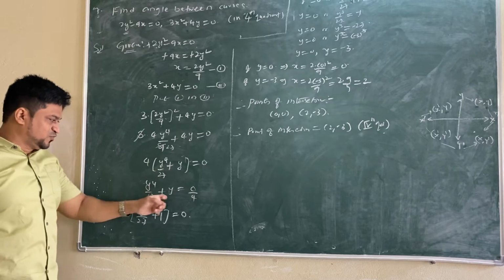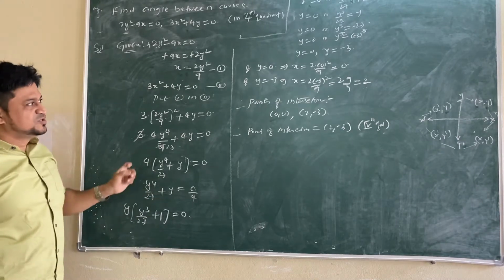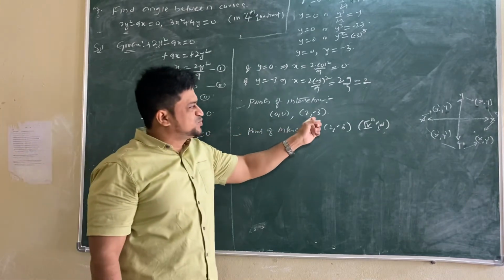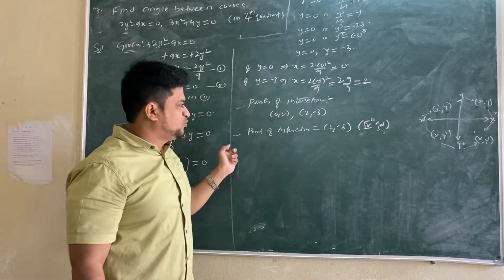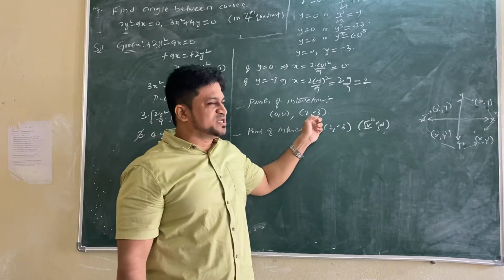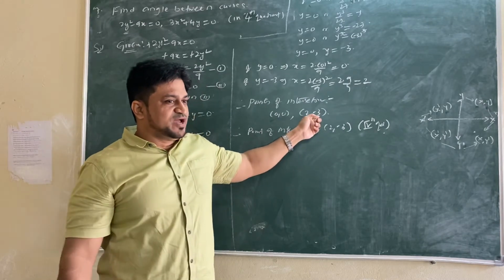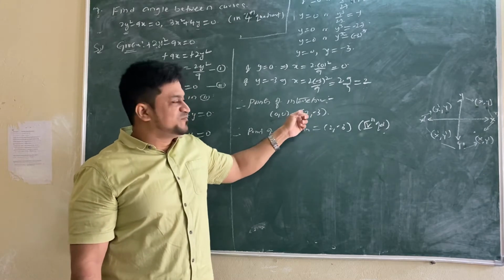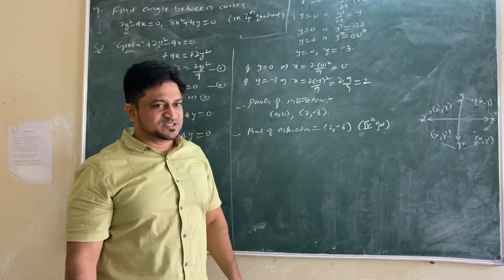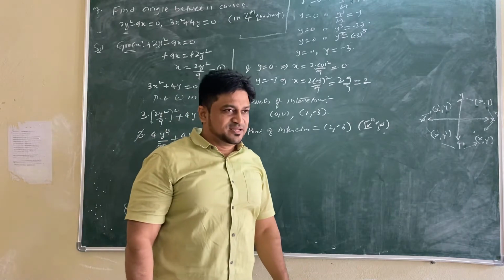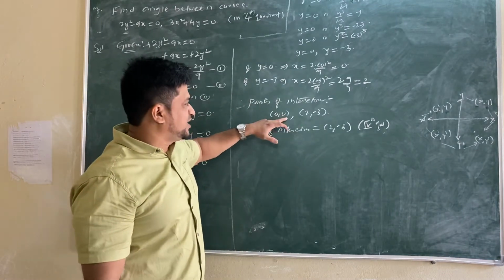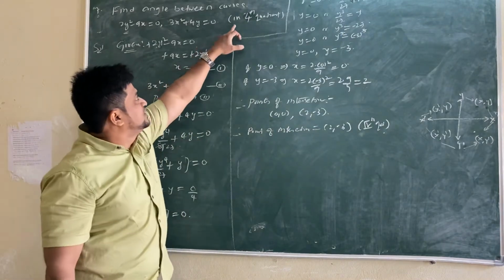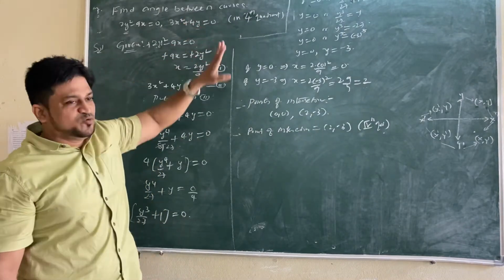Here we have y power 4 and y common you have to take, so that you can get the difference. If you do not take y common also, you will get this point, no issue. Okay, 2 points or 1 point, anyway if 2 points are there. In the first question, y square equals to 36x, that term we have ignored the second point from that one because they have not mentioned any quadrant in that. But here quadrant is mentioned, that's why we are ignoring the first point. We have to take the second point because of this in fourth quadrant. They are meeting in fourth quadrant.